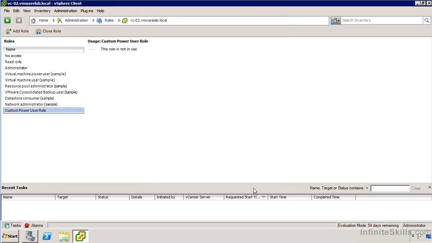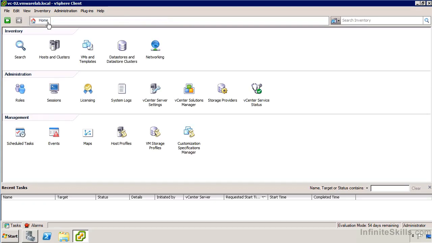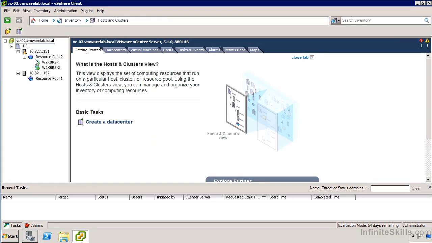But this doesn't give me an option anywhere to actually assign this to users or to any objects. So let's go take a look at how we do that. If I go back to the home page of vCenter and click over to hosts and clusters, we can